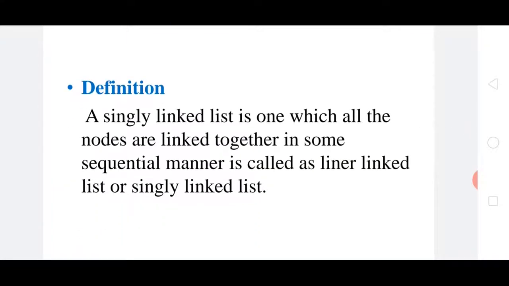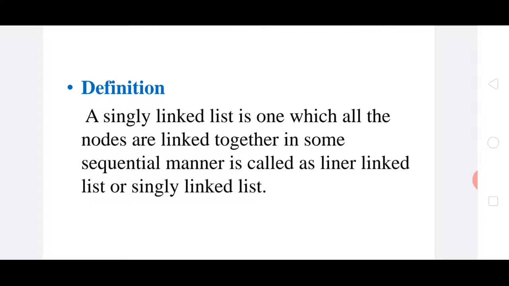First we will see the definition of singly linked list. A singly linked list is one in which all the nodes are linked together in some sequential manner, and it is called a linear linked list or singly linked list. Basically, a singly linked list is a dynamic data structure. Dynamic means it's a changeable data structure.